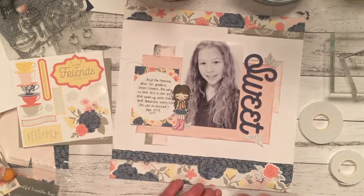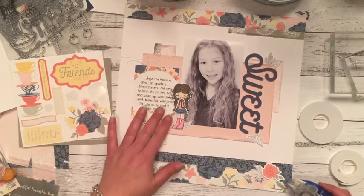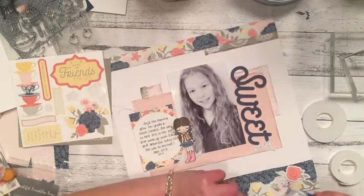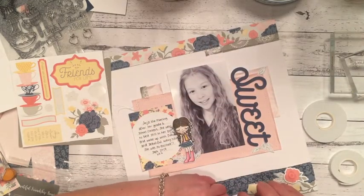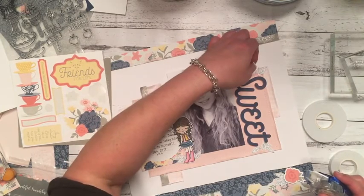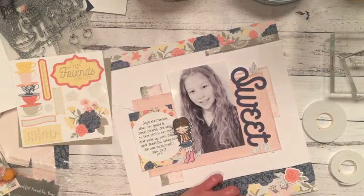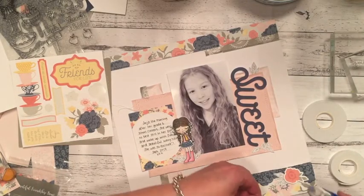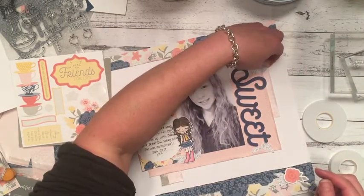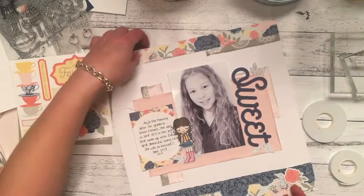And add this one just here at her little feet, and these ones I've kind of placed here because I want to add some around the title. Just a little bit of tape. I don't know if I'm off camera or not. I probably am, but I'm just adding some tape